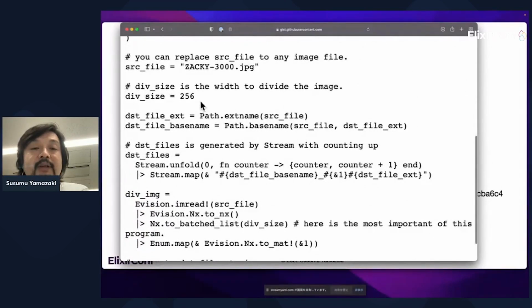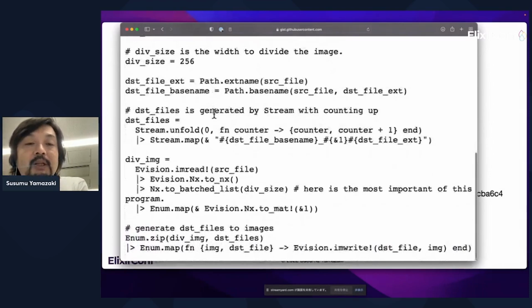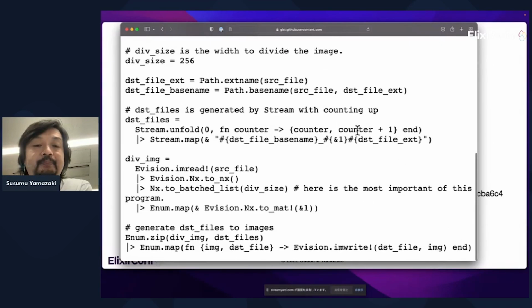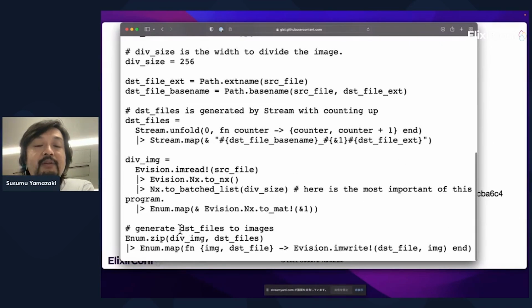Div size is the width to divide the image. This file is generated by a stream with counting up, and generates destination files to images here. Here is the most important part of this program, Nx.to_batched with the div size.